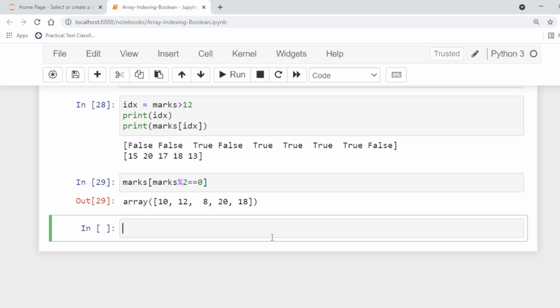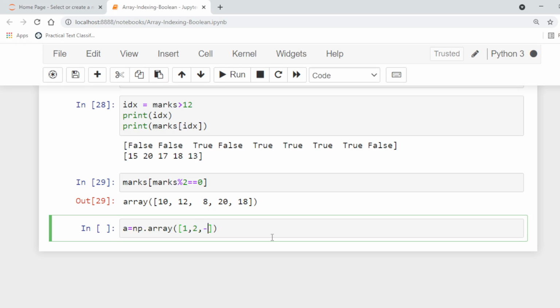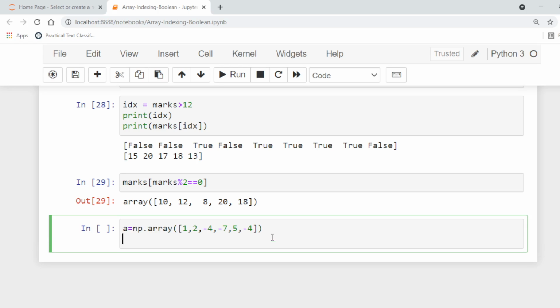If we want to filter the negative values, for example, we have an array in which there are positive and negative values: 1, 2, minus 4, minus 7, 6, minus 4, and so on. We want to filter all the negative values. To remove all negative values, you need to get a copy excluding the negative values.